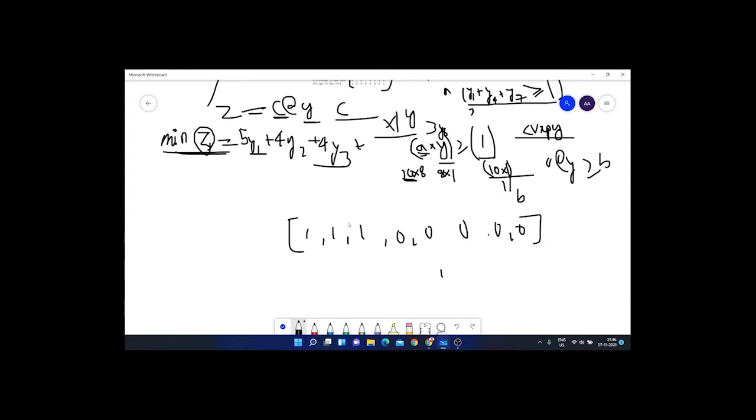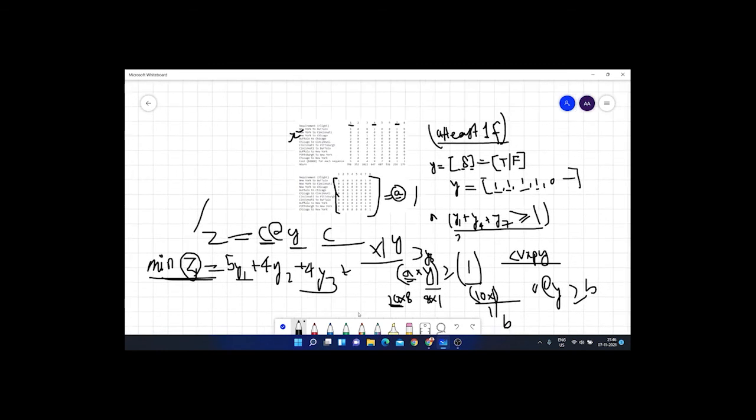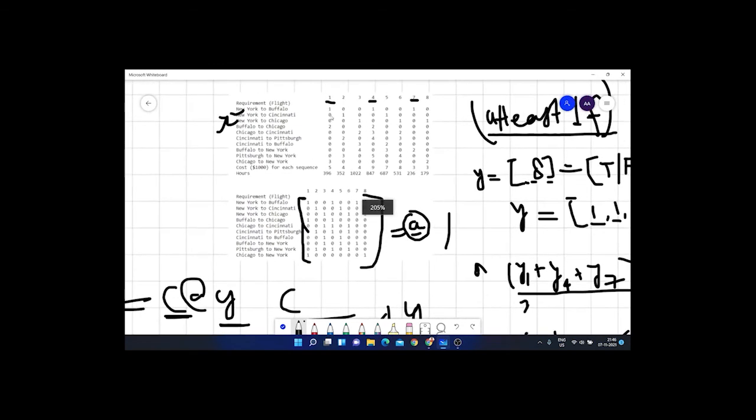This means that we should only select the first 3 sequences 1 2 3 for satisfying our constraint that at least one flight should be available for each circuit and for the minimum cost. So as you can see in the first 3 sequences, we have one flight available for each and every circuit, and the cost here is minimum as told by the solver.